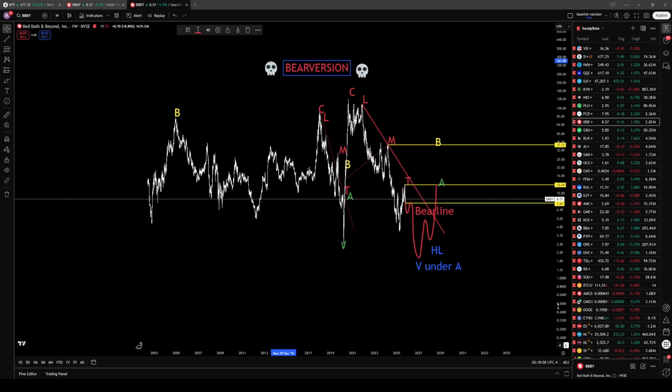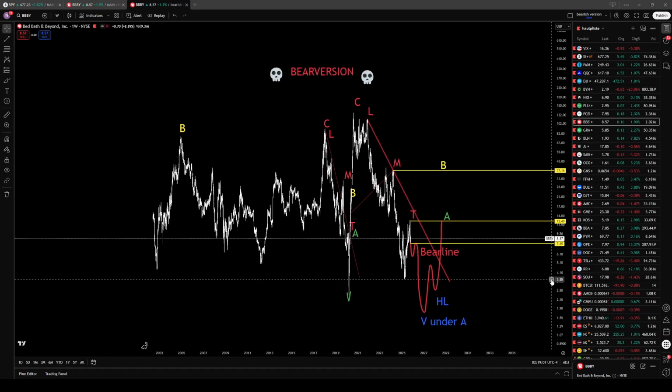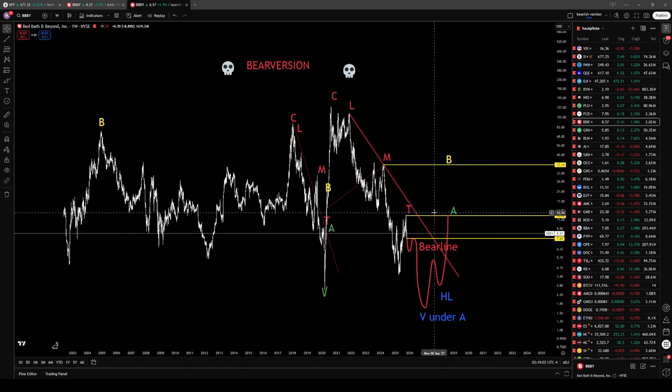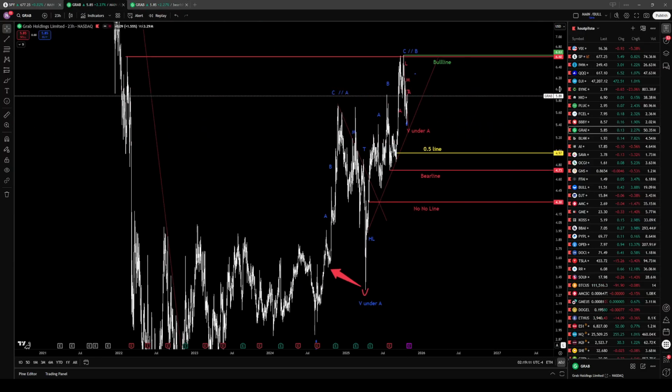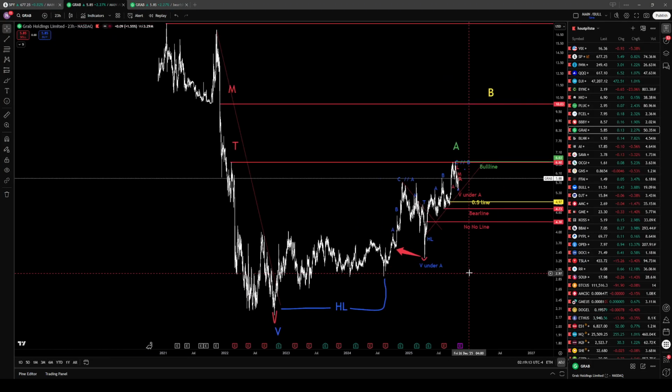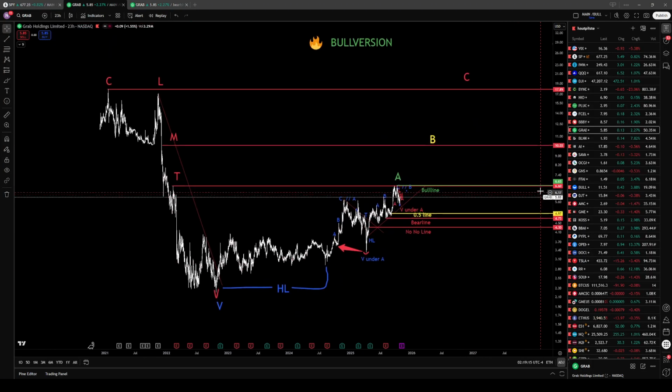And if that happens, okay. That's why we have confirmation levels. Okay. Next one is Grab. Therefore, I also have only a bullish chart yet. So for the bullish chart for Grab,